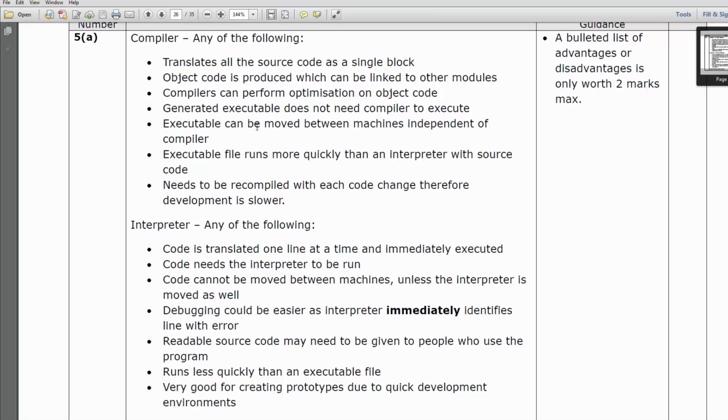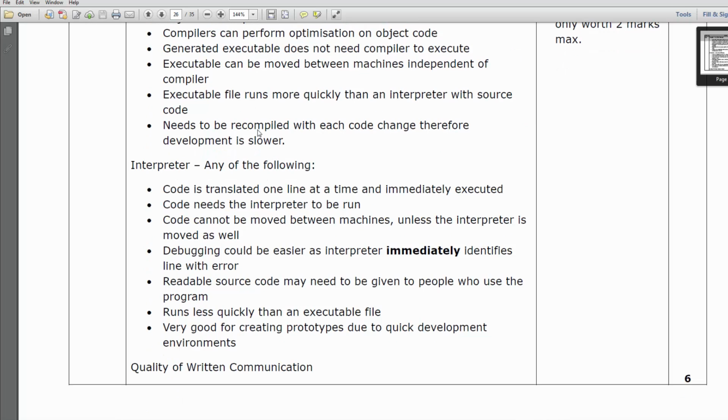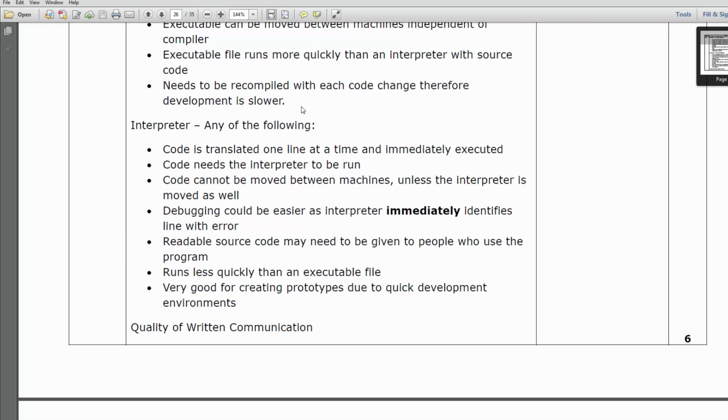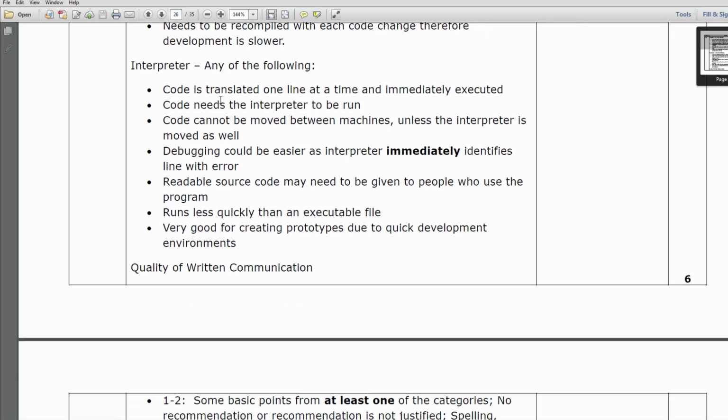but again, it's slightly above GCSE level, I suppose, although a lot of stuff in this course is, to be honest. Things like the file running quicker than an interpreter with the source code is one thing I wrote about, and having to recompile each time is another point I wrote about. We also have to talk about the interpreter to get 6 marks, as we just saw, and things like the debugging could be easier because the interpreter immediately identifies the line of error, and